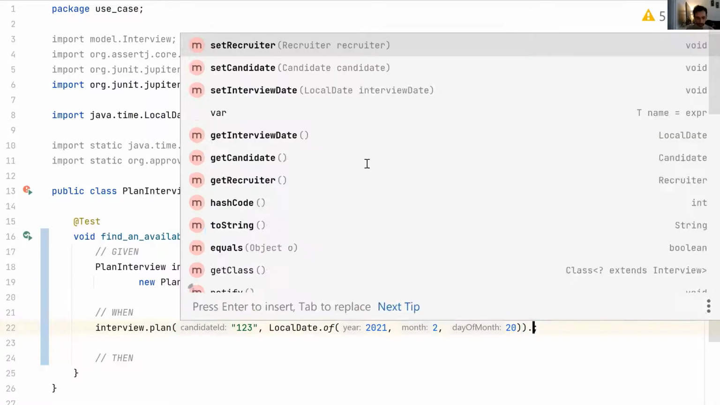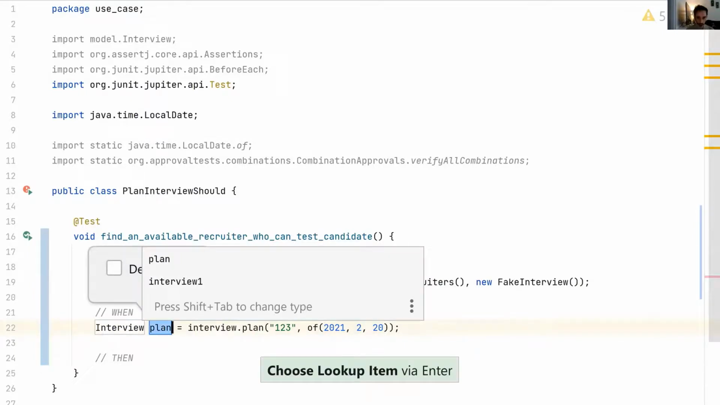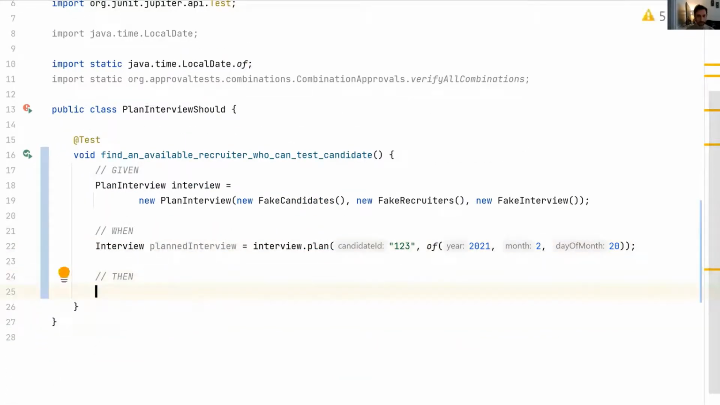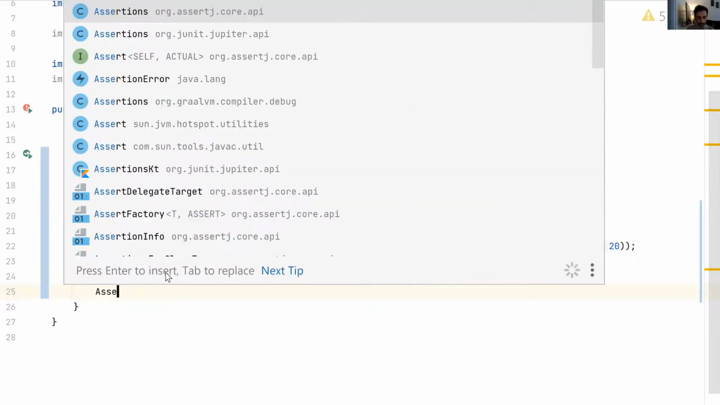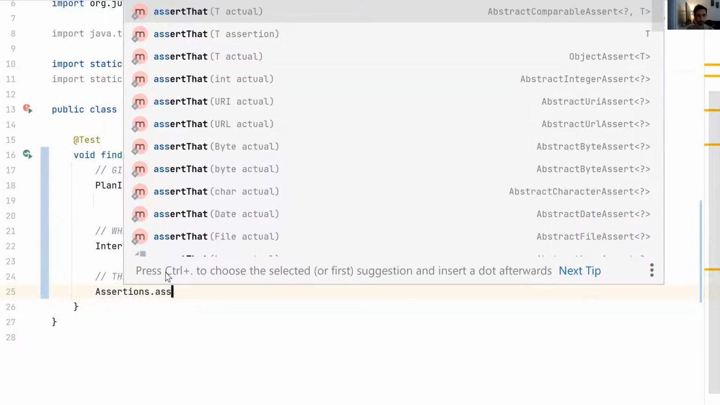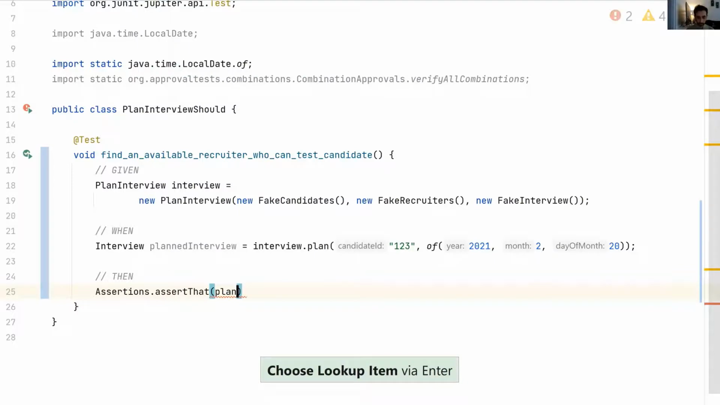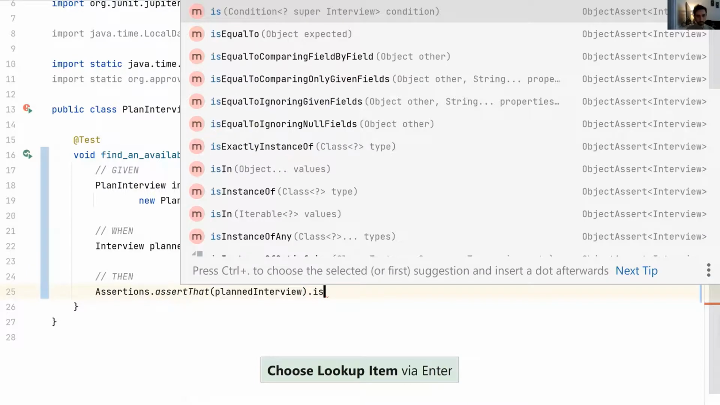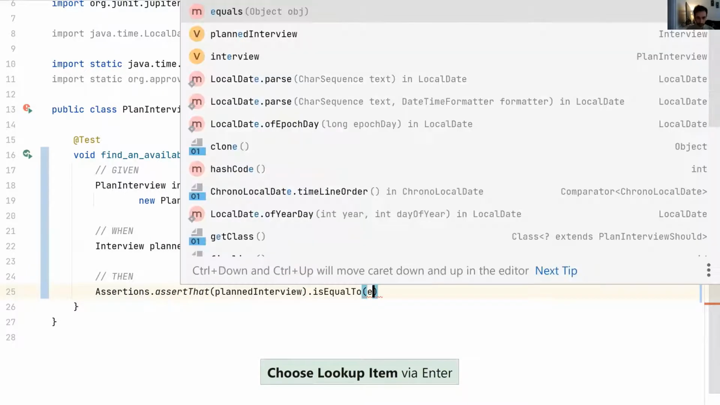So then we have a planned interview after this action, and then in the last part of our test, we should expect that this object contains all the information that we want. So, for example, we say assertions assert that the planned interview is equal to expected